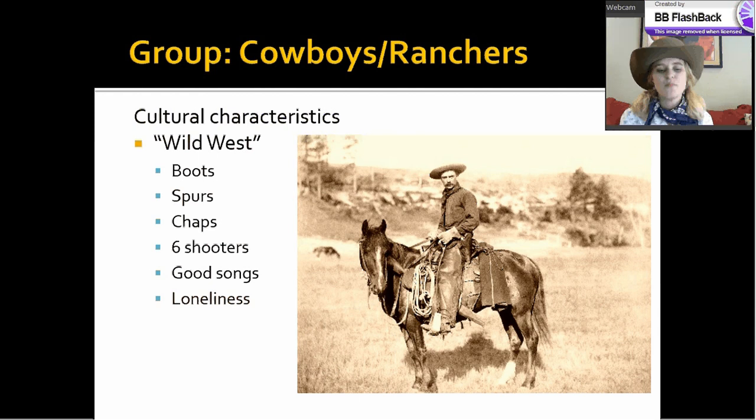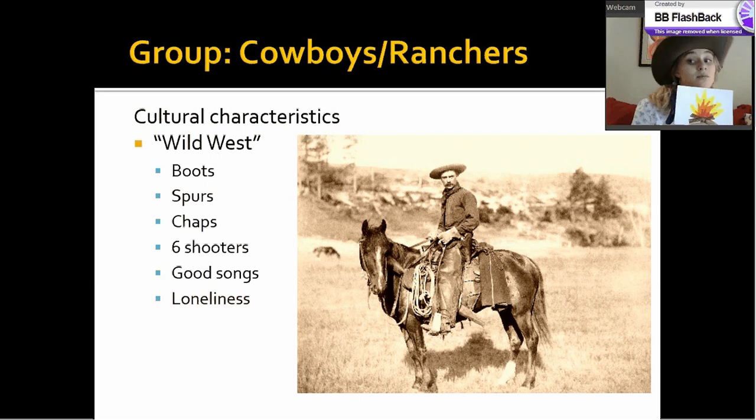So when you think about the cultural characteristics, going back to this idea of the Wild West, it's pretty typical what you would think of: the boots, the spurs, the chaps, the loneliness on the open range, and sitting around the campfire at night, maybe watching your cattle, and